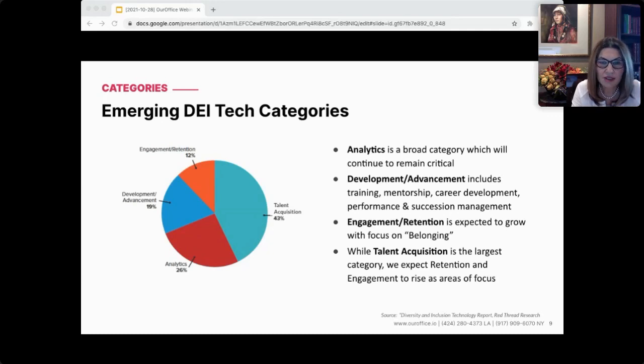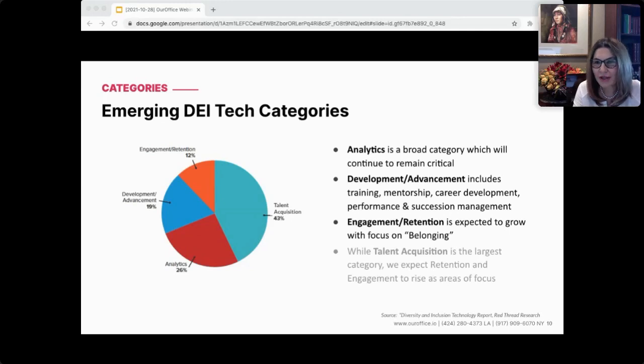And then last but not least, you can see it's actually the largest category here. It is talent acquisition. We all have been using this for some time. It's where you really are using technology throughout the hiring pipeline, starting with selecting candidates, finding them, contacting them, and then so on and so forth, throughout the process of interviewing and making a selection, and then even making the offer. So as we talk about it today, because we have limited time, we'll focus on the first three,